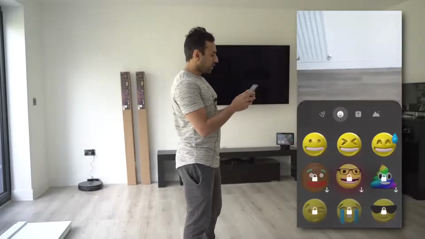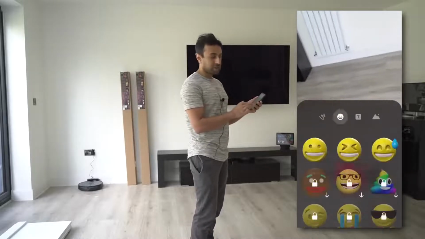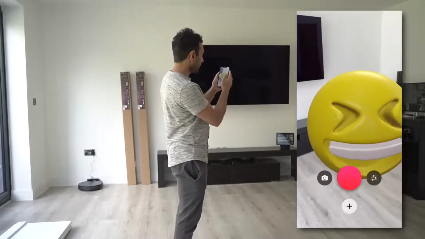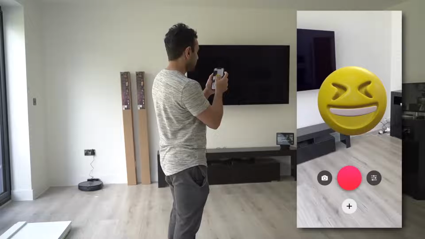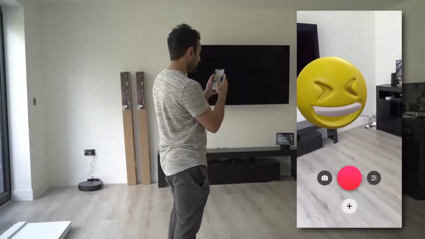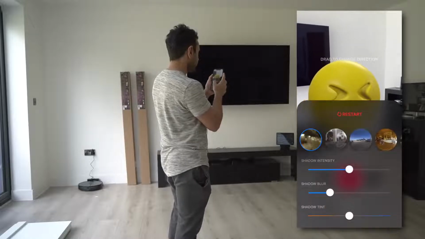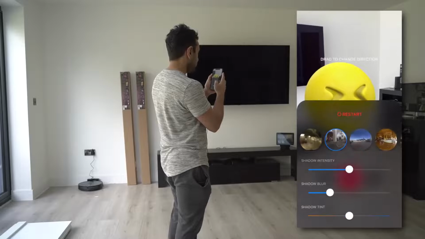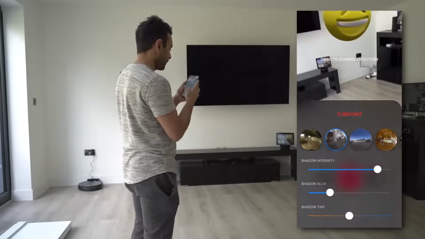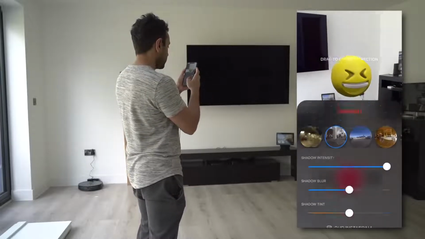So let's go ahead. Now, of course, there's a premium version that will unlock all of the different emojis that you can add in the air, but I'm just going to add a simple one like this, like that. I can move it around just by holding it, position it different places. I can get this to look a little bit different as well. If I hit the filter button, I can add some filters to it. I can add a bit of a shadow to it on the floor, increase the intensity of that, and then I can start